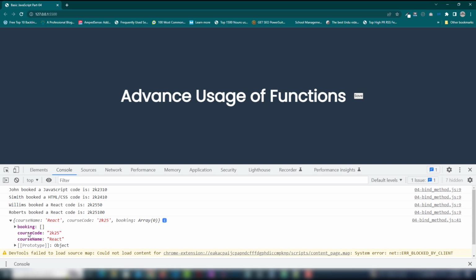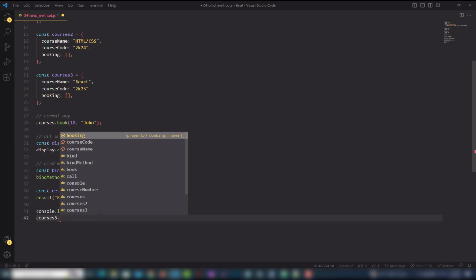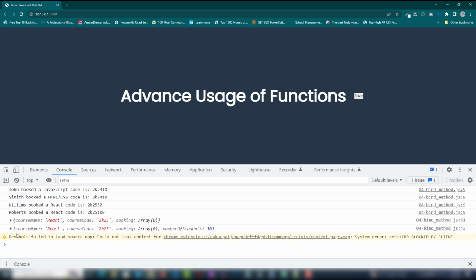We have a booking, course name, course code, and course name, right? So once I add the value, how can I add the value? You need to target the current object name dot, and once you add the dot, then you need to assign the key name. So I'm going to use number of students and assign the value 10. Then I will target this one. After this, you will be able to see number of students appear inside the courses3 object,